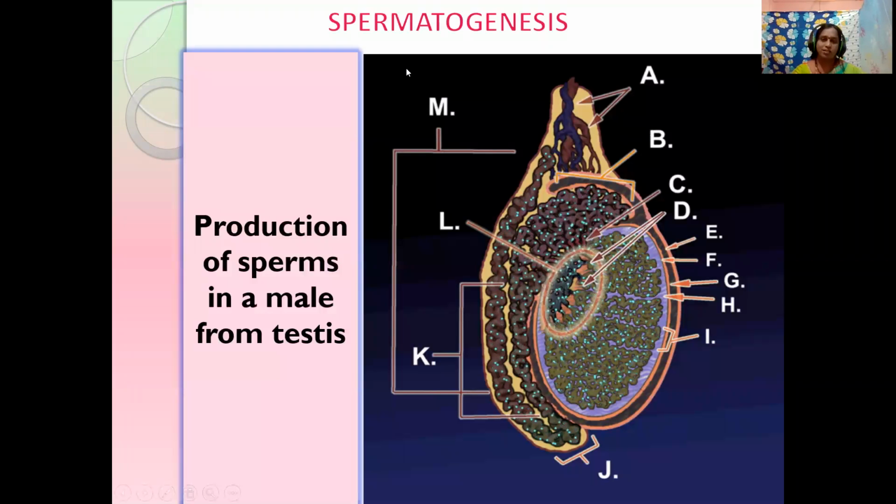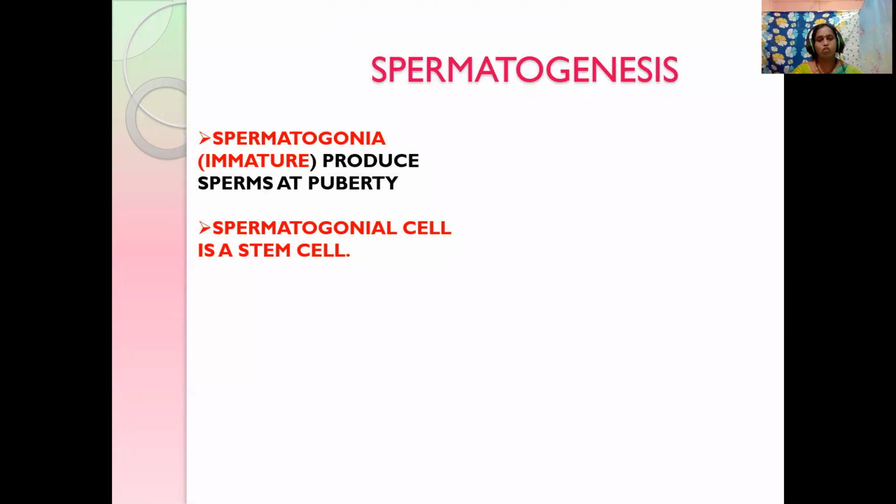What is spermatogenesis? Genesis means formation, so sperm formation. The sperms are formed in the testis region in the male. This is called spermatogenesis. Are the sperms produced from birth itself? No, they are produced from puberty. What is the puberty age in boys? The puberty age is 11 years. The spermatogonia are produced right from puberty. The spermatogonial cell is a stem cell that is very active.